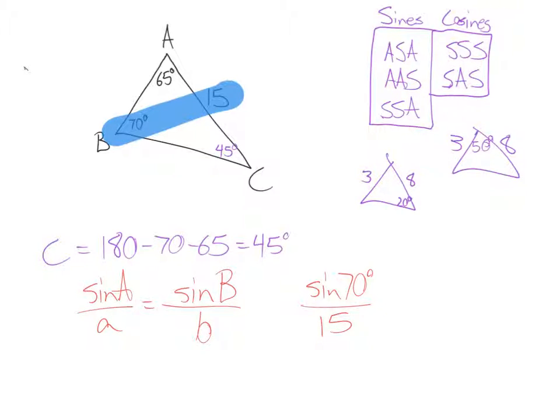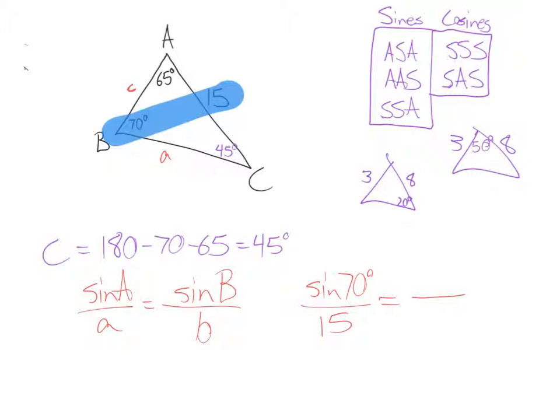The next thing is just figuring out what we're able to find at this point. Since we know both of the other angles, we could find either of the two sides. This side here would be side A because it's across from angle A. We'd call this side here C because it's across from C. So we can actually find either one we want. Now, if I'm finding side A,